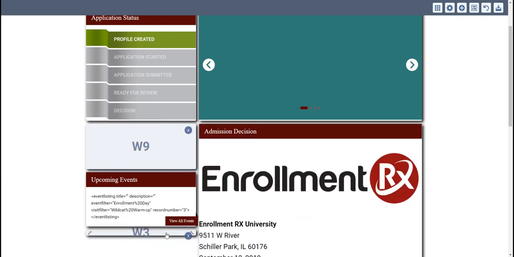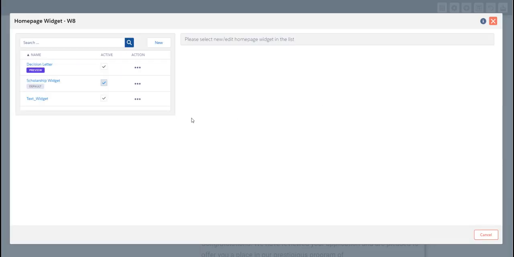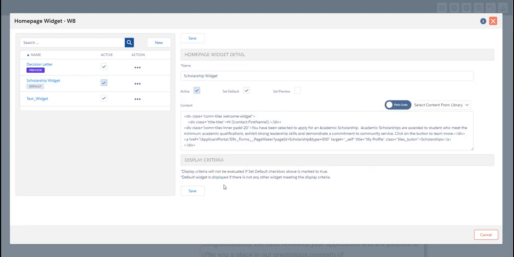I can move around all the existing widgets, as well as add new ones to the page. You also can add additional logic inside this. So for example, if I click on this widget, this is my decision widget. So if I click on action, I can see that I have now